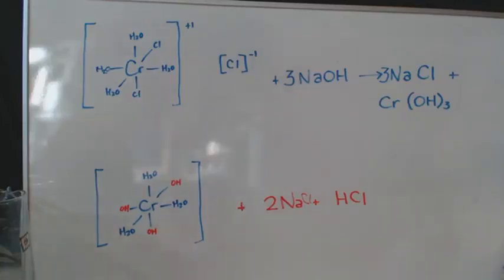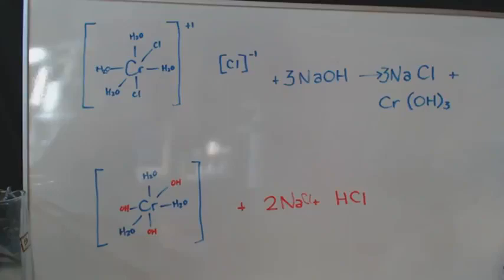Now that HCl is going to react with the sodium hydroxide that was in there. So all 3 moles aren't going to have a chance to react because they're going to react with the hydrogen chloride that's made and make sodium chloride and water, right? So if you put an extra mole in, it will neutralize that HCl, and then the other 3 moles can do their work on the chromium